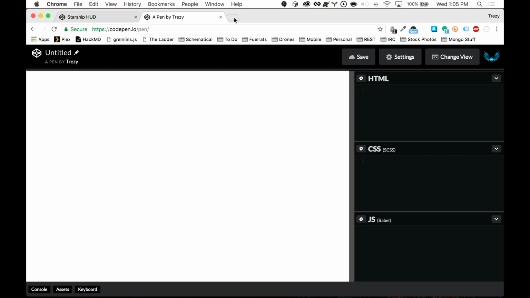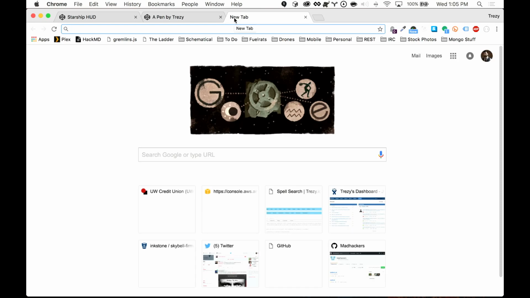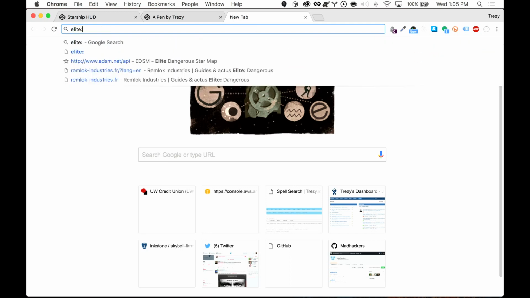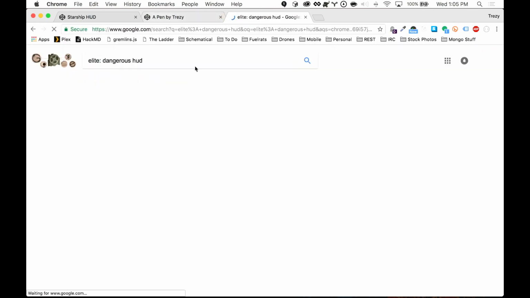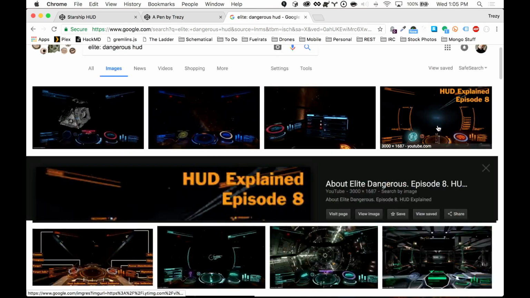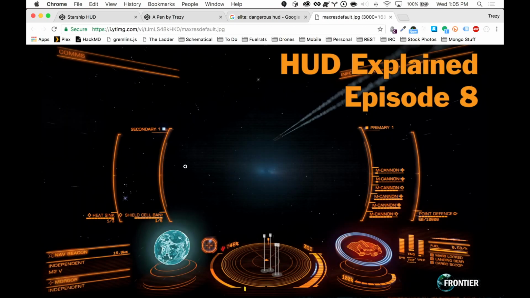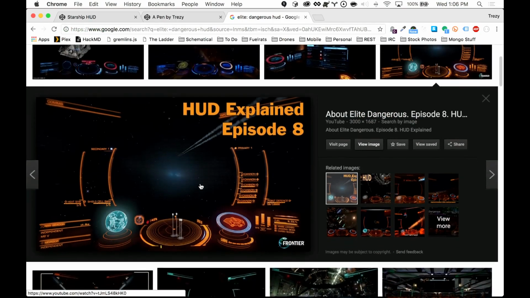Today I'm going to be building a starship HUD. What that means is I play a game called Elite Dangerous, as most of you watching this probably know, because you probably know me. You fly around in starships, right? That's pretty much it. And this is the gist of what your HUD looks like when you're looking straight forward. You've got these things telling you about your guns and your different pieces of the ship. That's not quite the part that we're going for. What we want